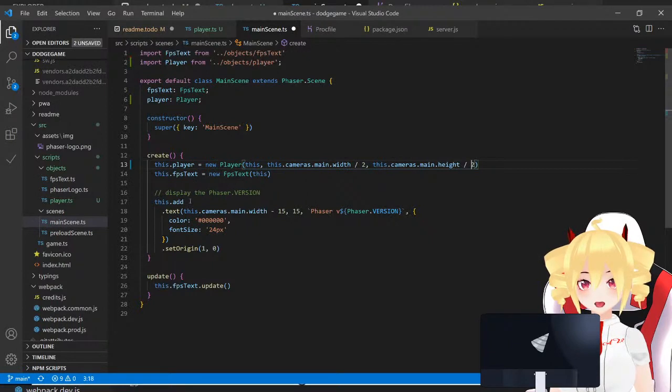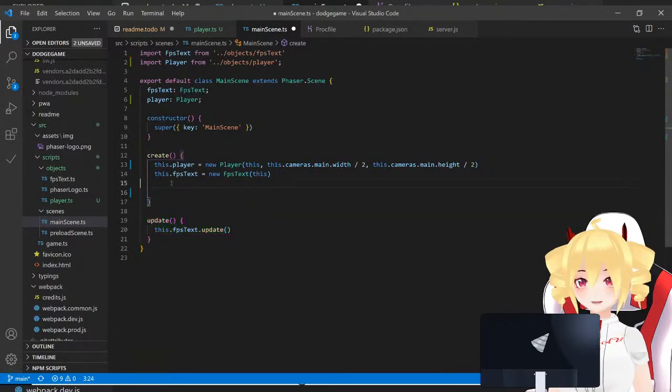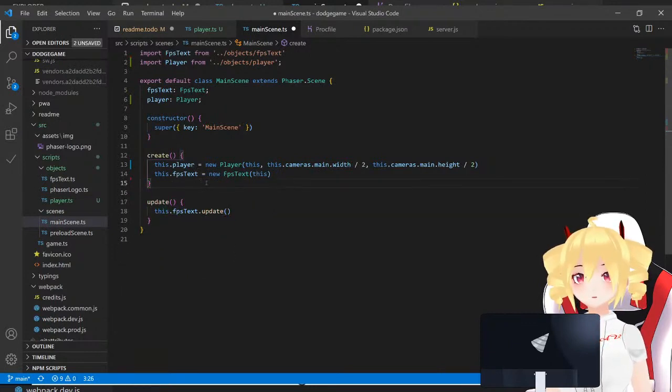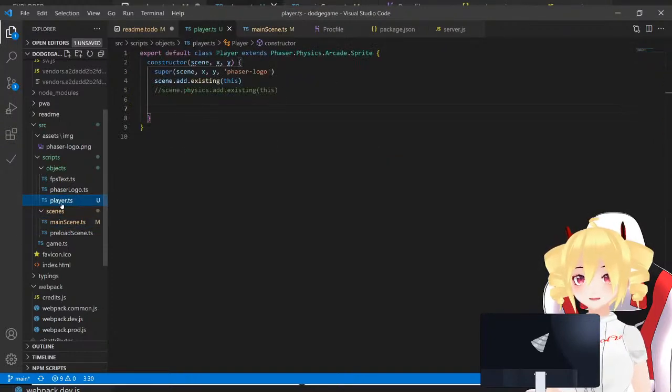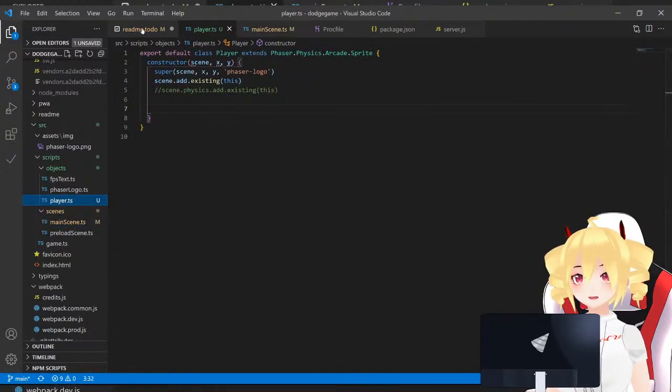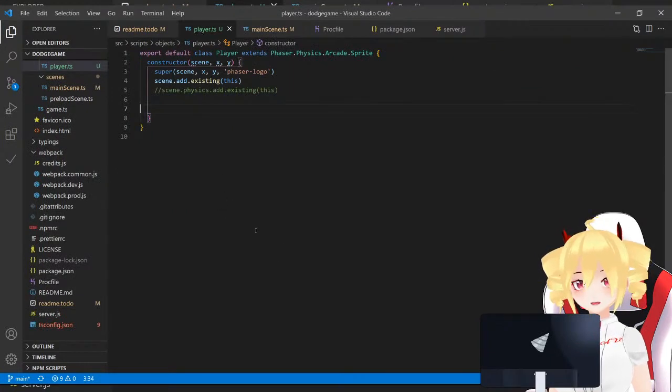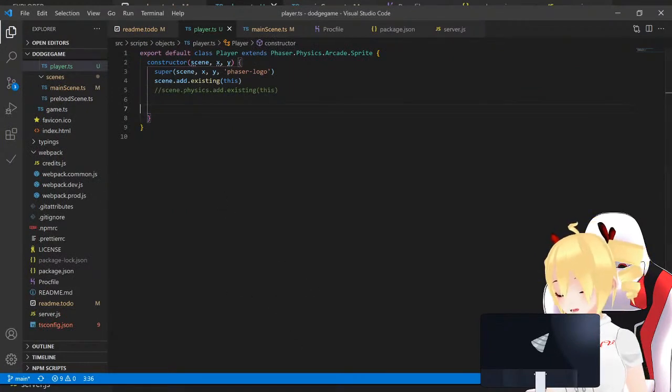All right, and we don't need the version text on the screen. We'll keep the FPS counter though. Alrighty, so that should be at least enough to see the logo in the middle of the screen. I haven't really done anything yet, but